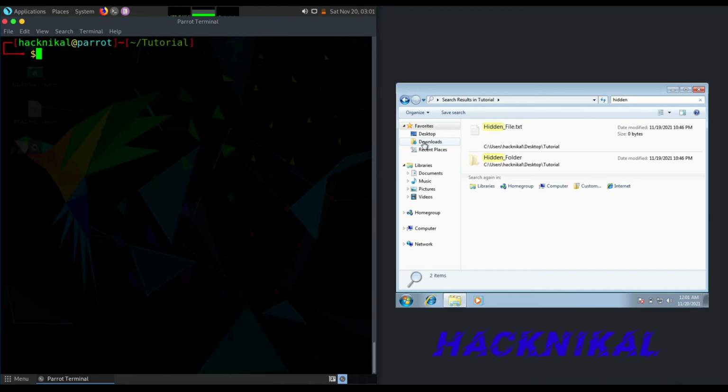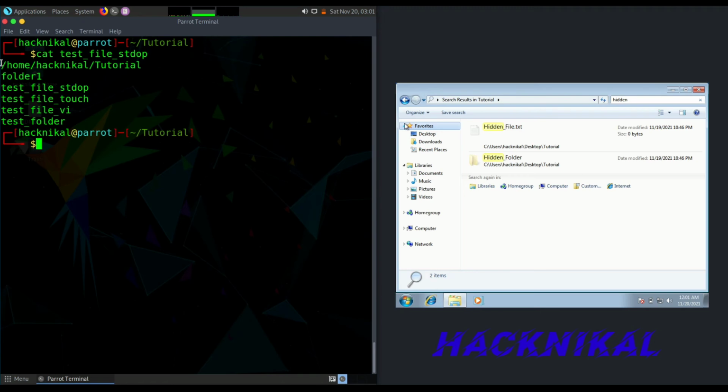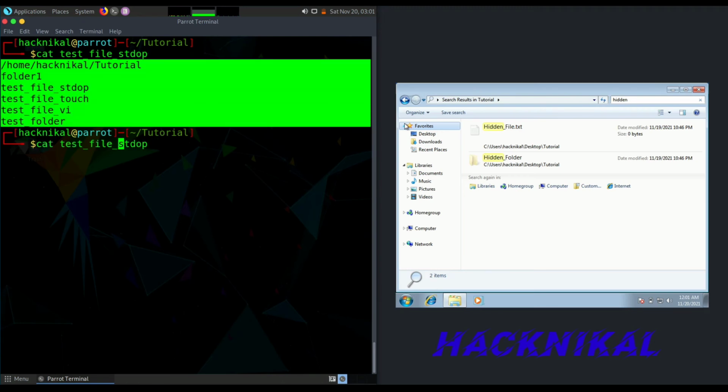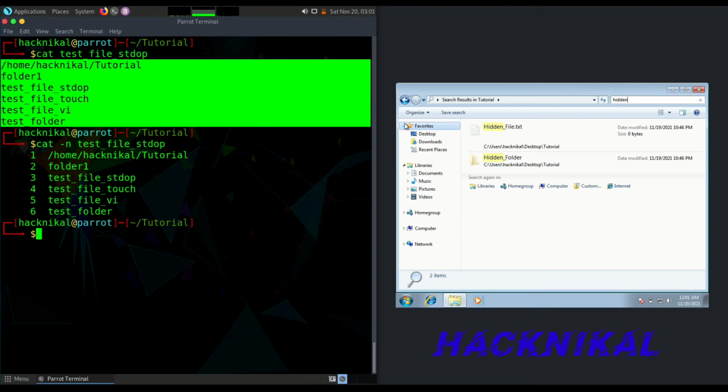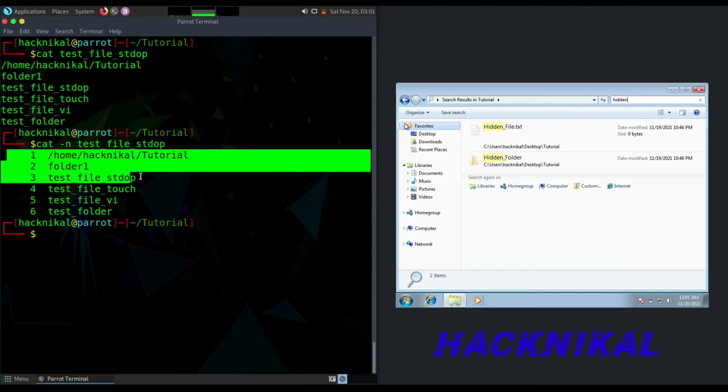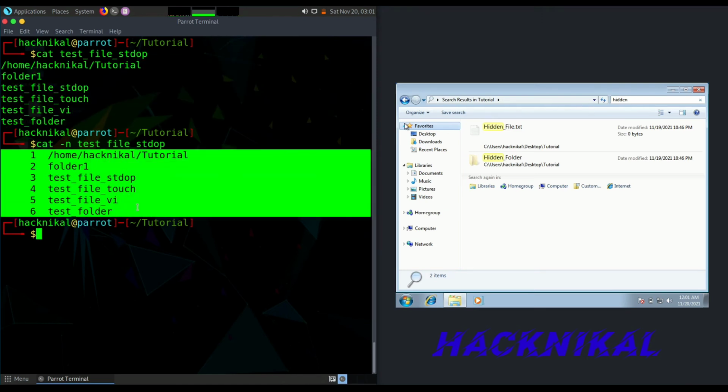Let's move towards our next command, head and tail. To explain head and tail, if you have gone through this test file, we have a total of six lines. Let me just print out line numbers as well. Each of the lines has some content present.